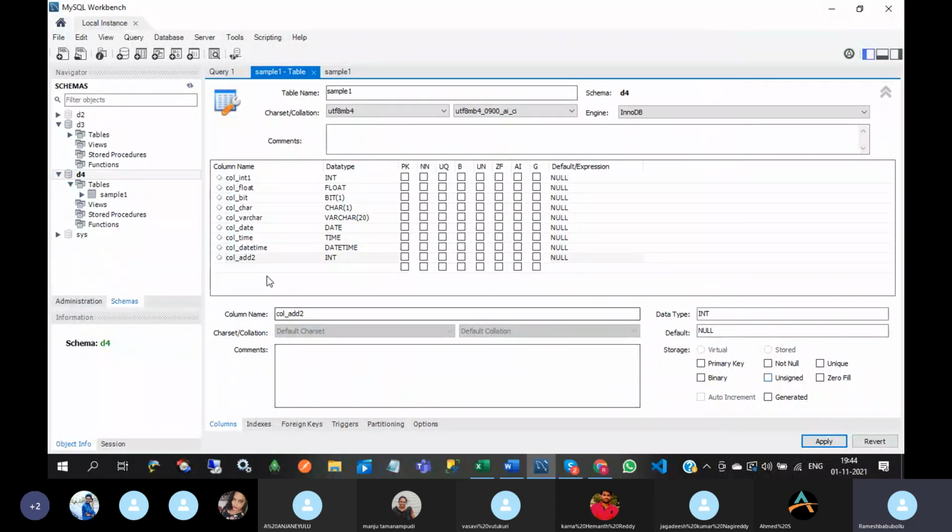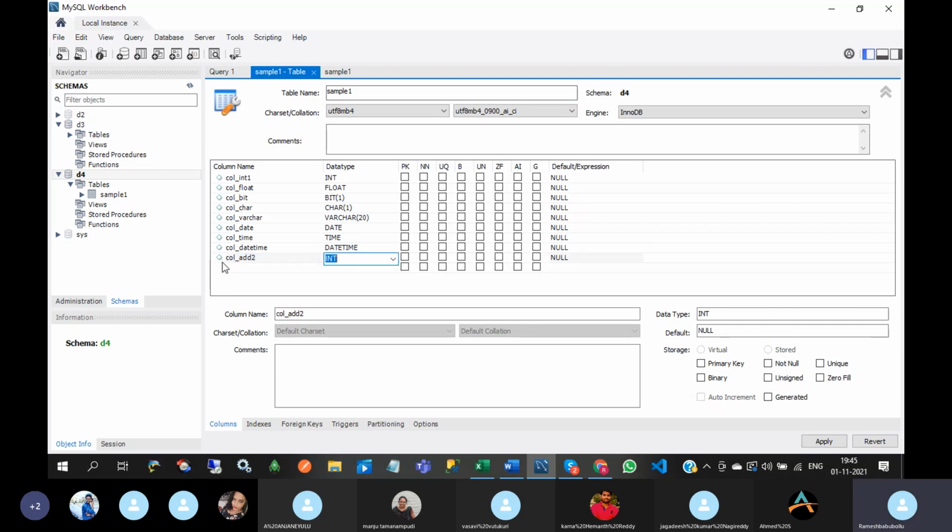But earlier col underscore add 2 was varchar. Suppose you have records at that time, this column will have alphanumeric values, and if you want to change the varchar into integer, it is not possible. Why? Because this column already has alphabets. At that time it doesn't allow changing into integer. So that is the important one.